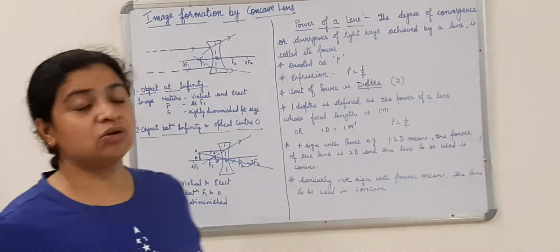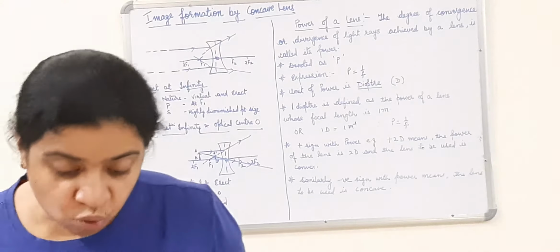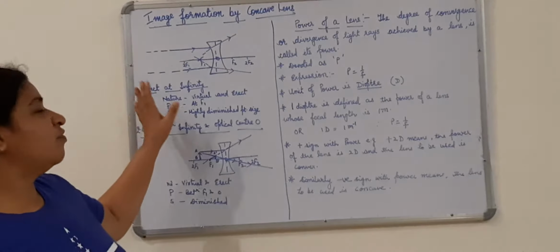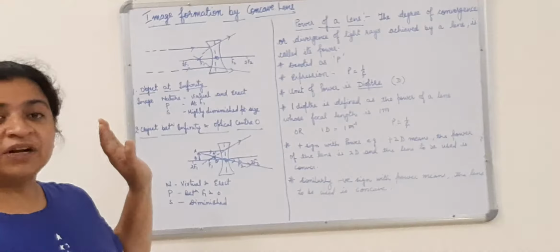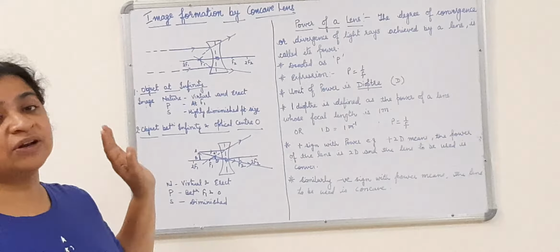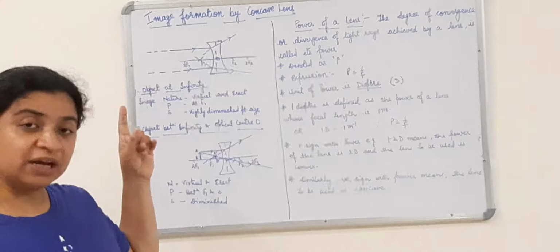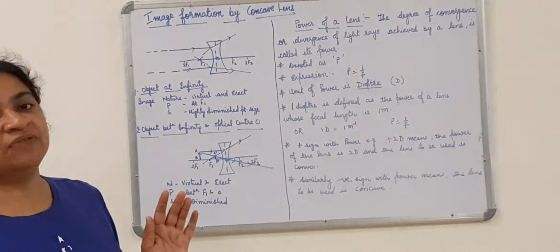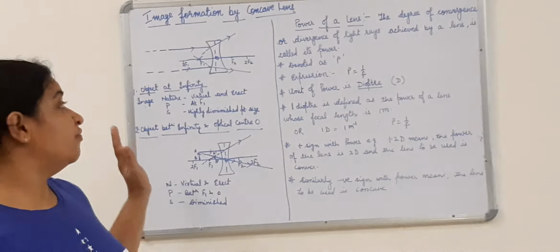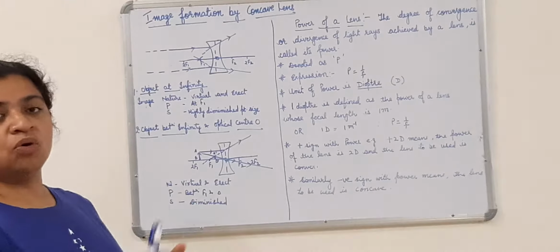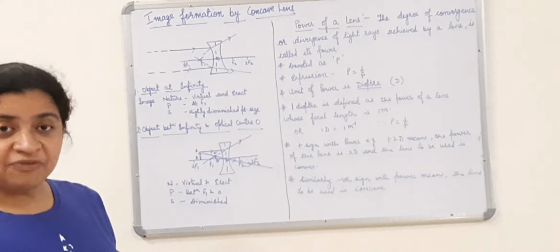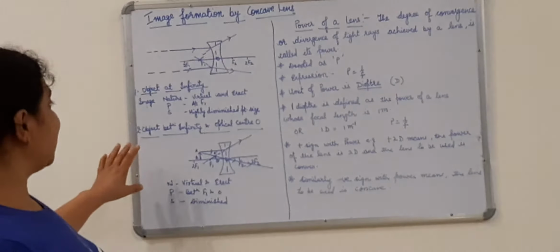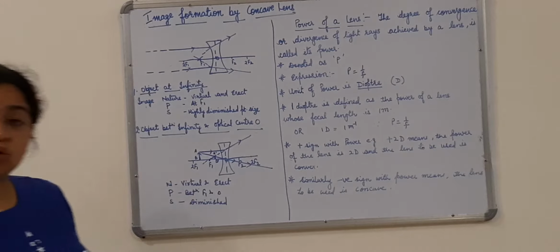In convex mirror also, there were only two cases which we had talked about for image formation. The reason was, when the object is at infinity, and after infinity you place it anywhere between infinity and pole, in case of mirrors I am talking about, that is why I am using the term pole. Anywhere you place the object between infinity and pole, the image formation will be between F and P, and that too behind the mirror. Similarly here also we are going to talk about two cases only.